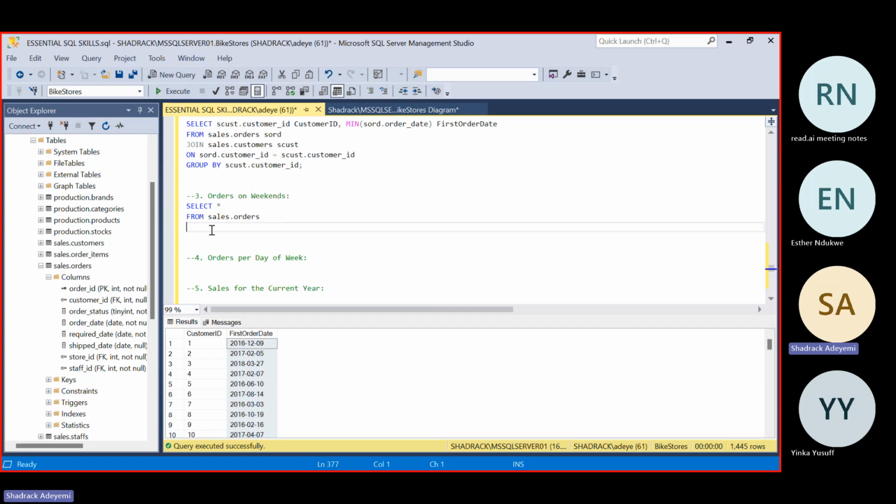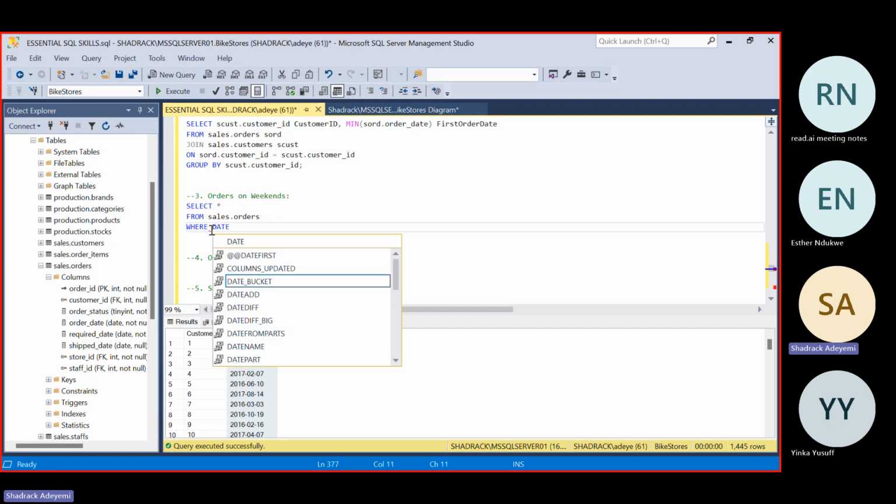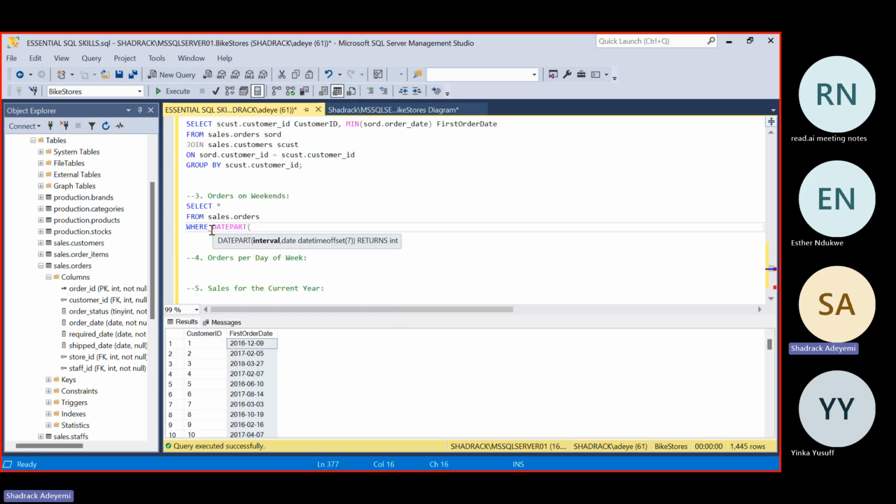Now please watch carefully. I'm going to call a function, DATEPART. If you remember, we have used DATEADD. We have used DATEGET, and we use GETDATE to call the most recent, the current date.